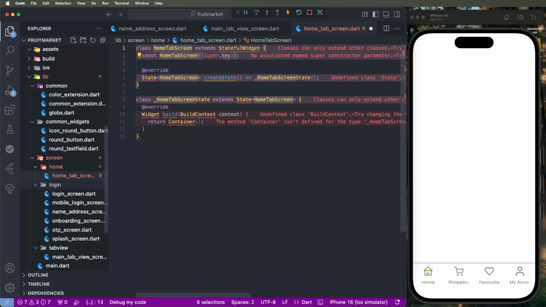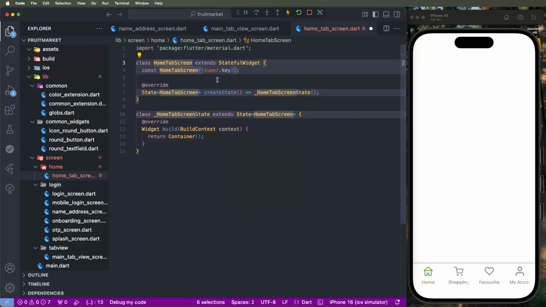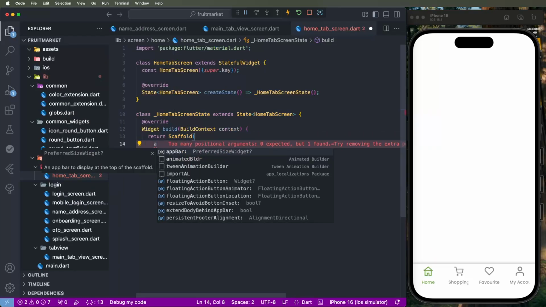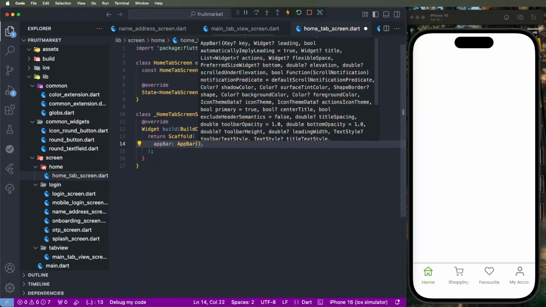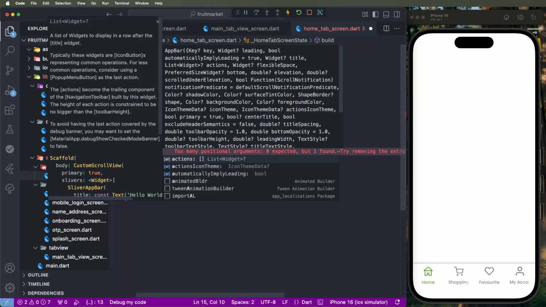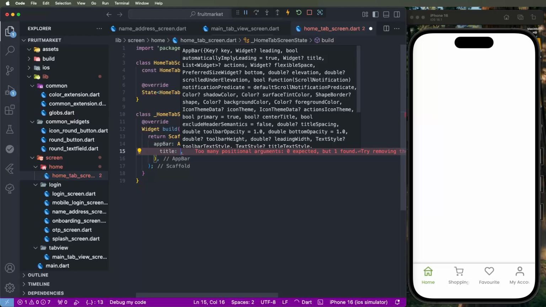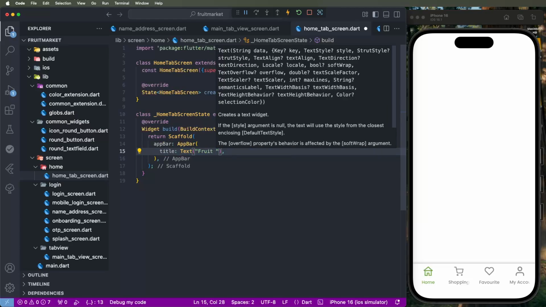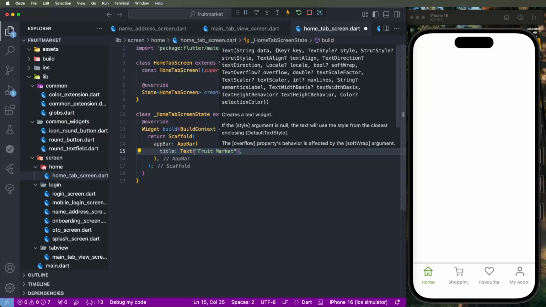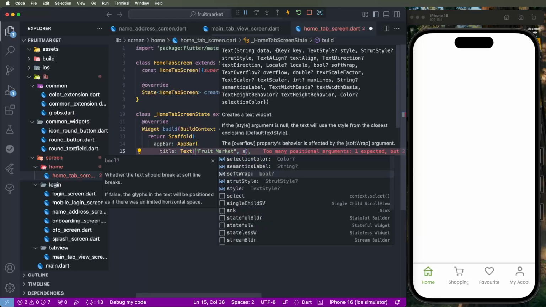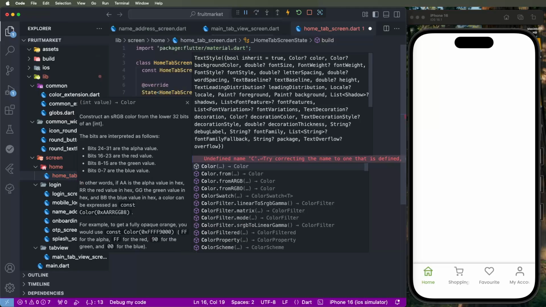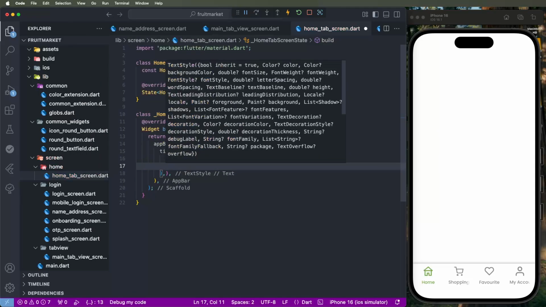HomeTabScreen. We need to create the scaffold, and we need to create the app bar. We need to write down the app bar, and we need to set the title. We need to set the text and set the title Fruit Market like here, and we need to set the style, TextStyle, and we need to set the color white, and set the font